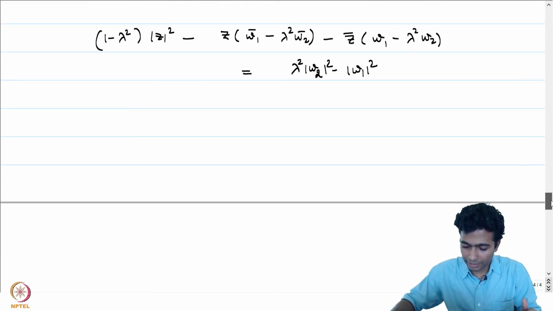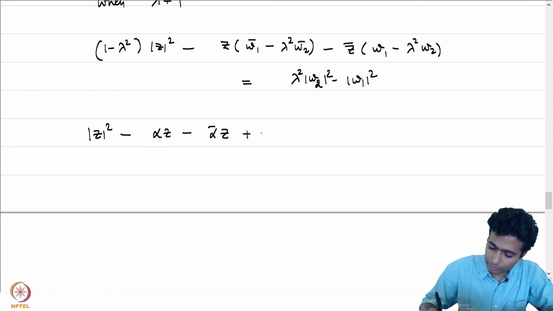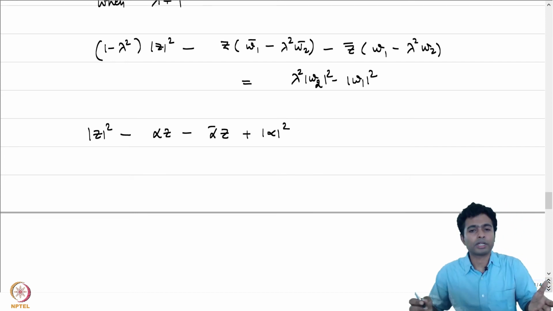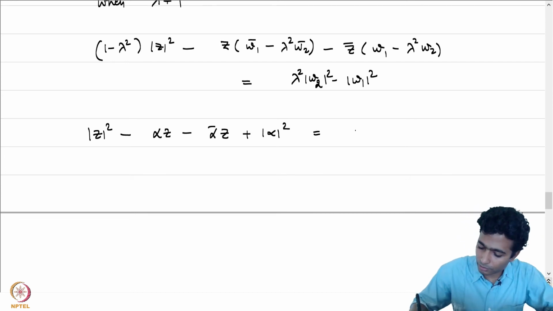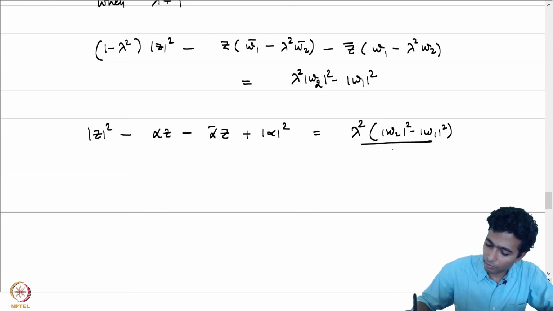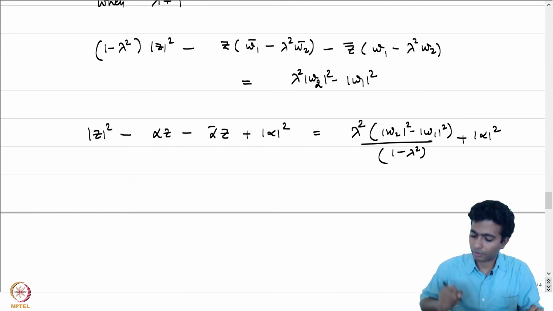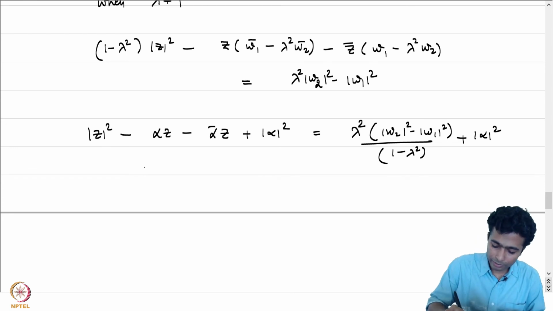Let's divide by 1 - λ² to get |z|² - α z - α-bar z-bar + |α|². Let me write it down so that I can complete it into squares. This is equal to (λ²|w2|² - |w1|²)/(1 - λ²) + |α|². So the left hand side is going to be equal to |z - α|²,